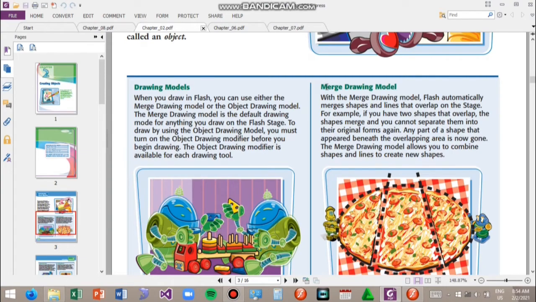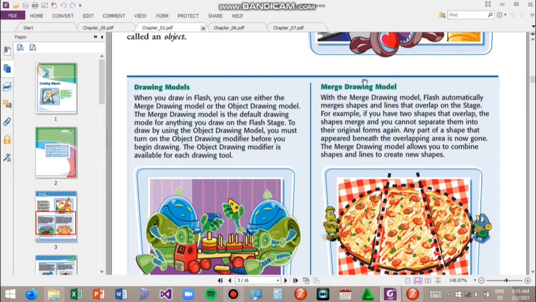We can also have here a merge drawing model. In the merge drawing model, Flash automatically merges shapes and lines that overlap on the stage. For example, if you have two shapes that overlap, the shapes merge and you cannot separate them into the original form.